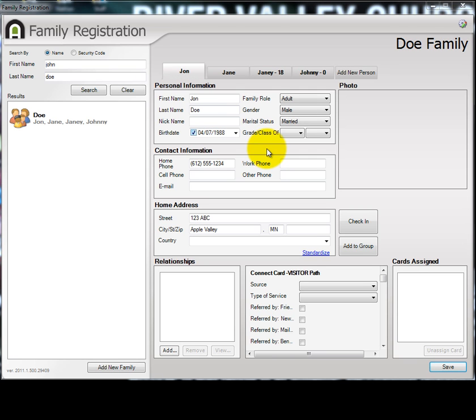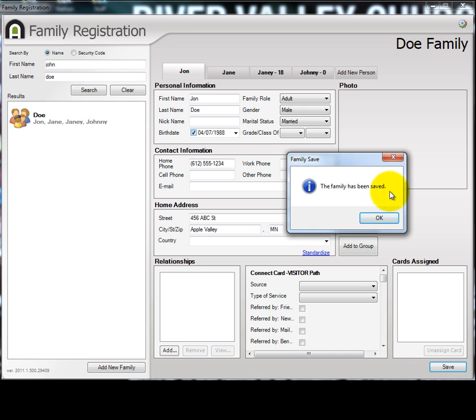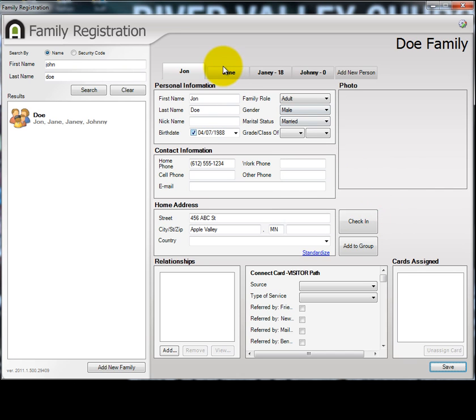If you need to update a family's information, you can do that in family registration as well. For example, note that John Doe lives on 123 ABC Street. Let's say he moves. Delete the information and enter the new address. We'll see that he moves to 456 ABC Street in Apple Valley. Update the information, click Save. The system will confirm that the family has been saved, and then it will automatically update that information for each